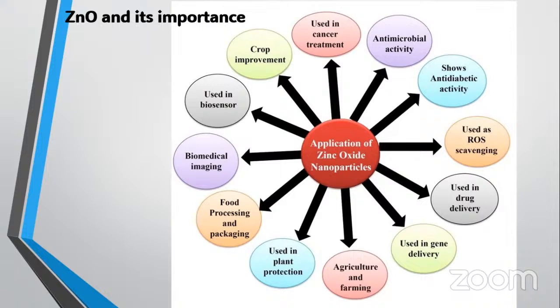And it has a wide energy band gap of 3.37 electron volts. The change in this energy band gap of zinc oxide nanopowders will lead to the alteration of the optoelectronic applications, and it is transparent in nature in the visible wavelength range. It has a high refractive index of 2.05, which makes it easy to extract the light from any optical instrument. And it has also received the Food and Drug Administration's approval to be used as one of the materials in sunscreens due to its stability and its natural